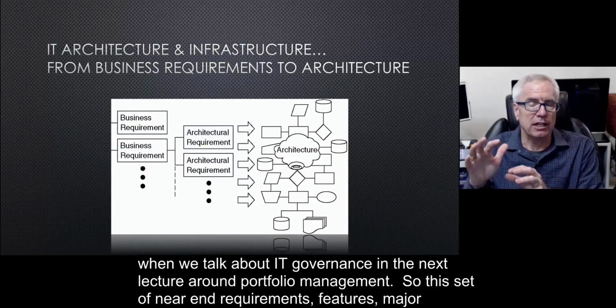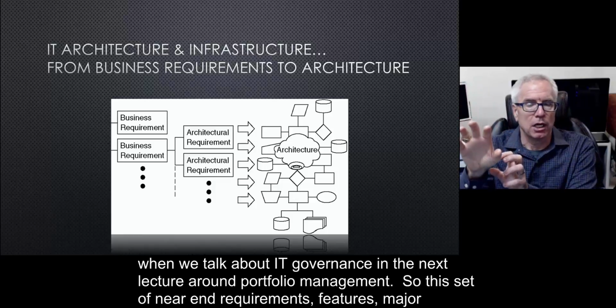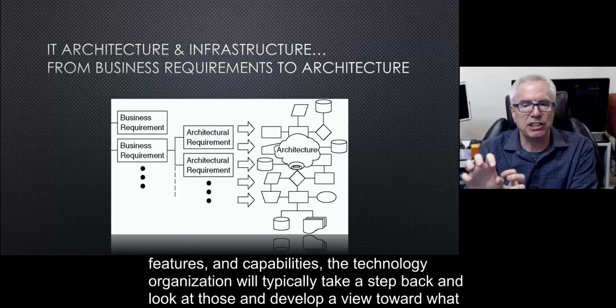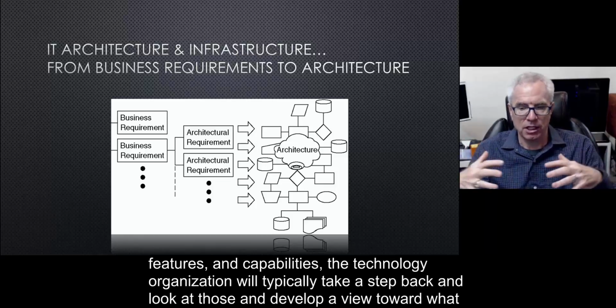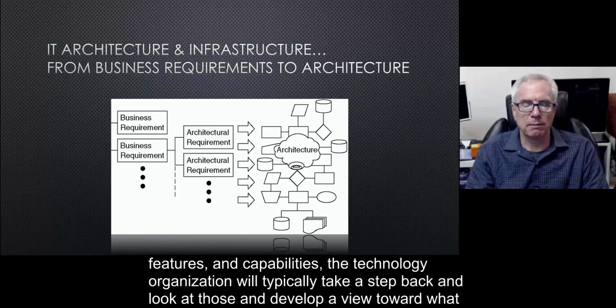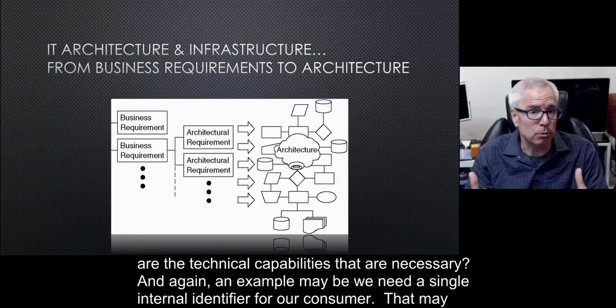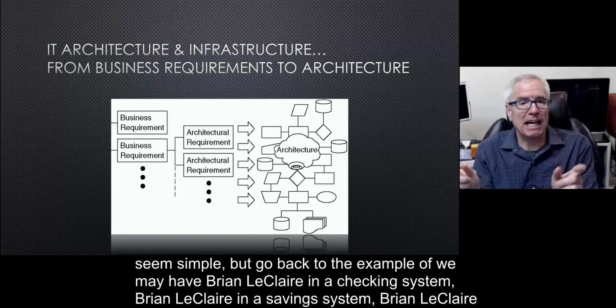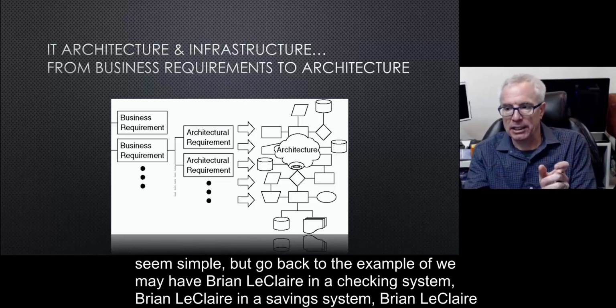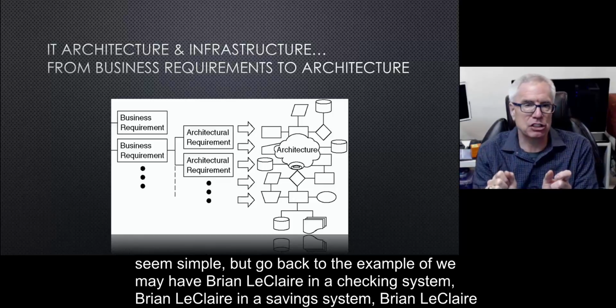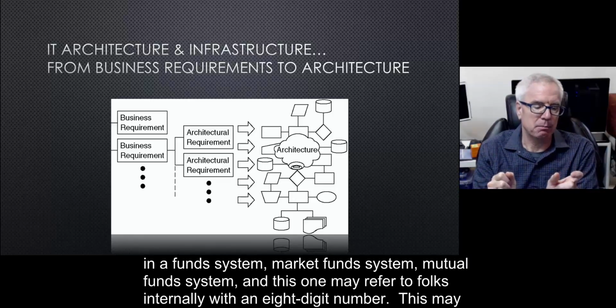So this set of nearer in requirements, features, major features, and capabilities, the technology organization will typically take a step back and look at those and develop a view toward what are the technical capabilities that are necessary. An example may be we need a single internal identifier for our consumer. That may seem simple, but go back to the example of we may have Brian LeClaire in a checking system, Brian LeClaire in a savings system, Brian LeClaire in a